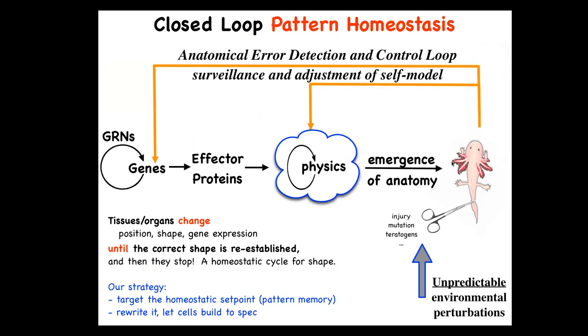The really critical part here is that it is a homeostatic process, where if you deviate a system from where it needs to be, in terms of injury, of course, but also mutations, teratogens, whatever, then these loops kick in that try to make changes that will get you back to where it needs to be. And so this is not simple feed-forward emergence. This is actually goal-directed activity.